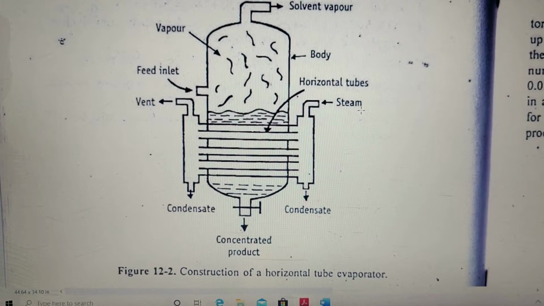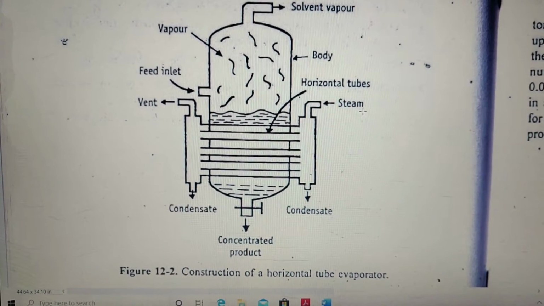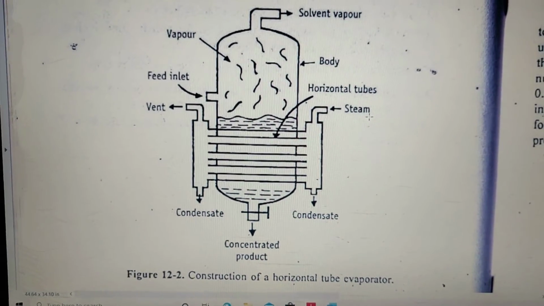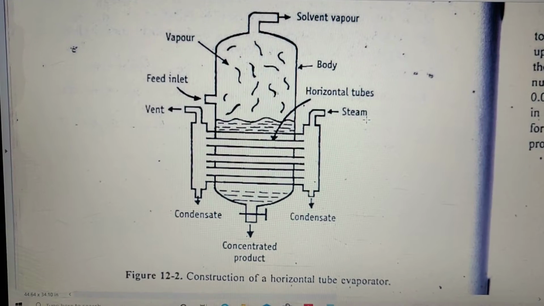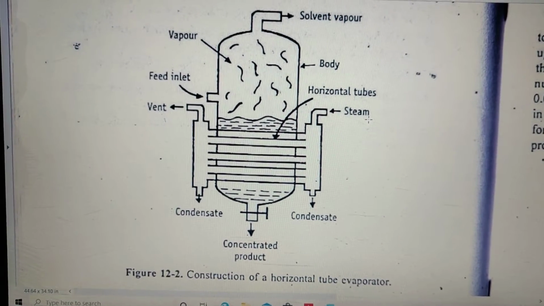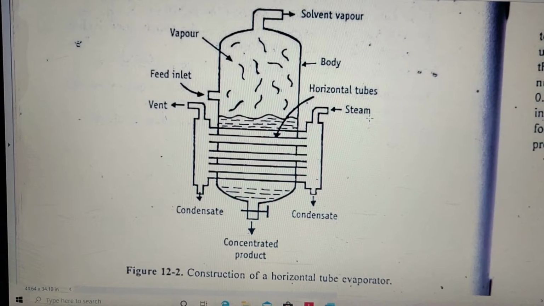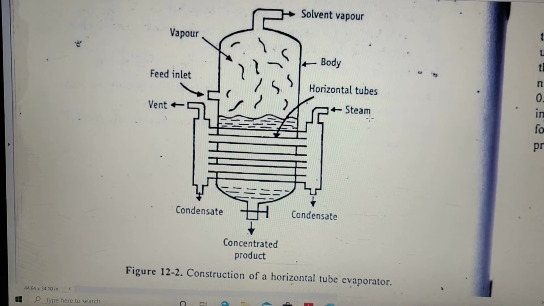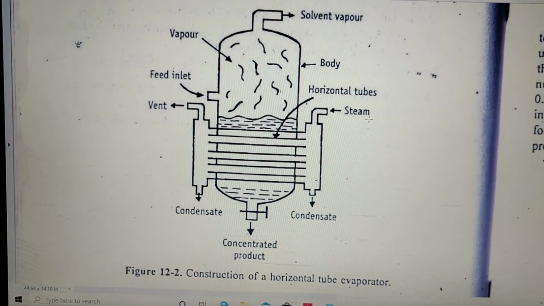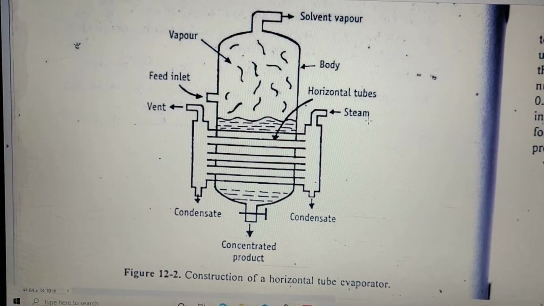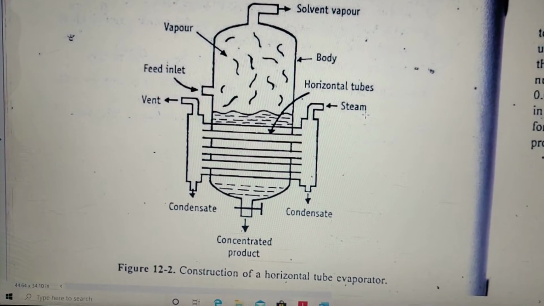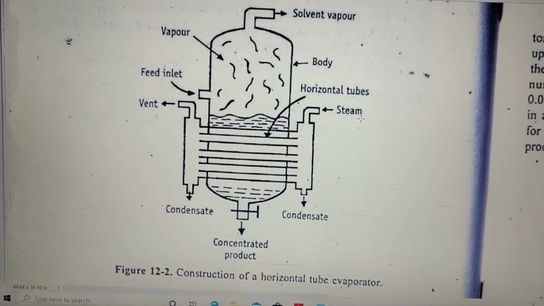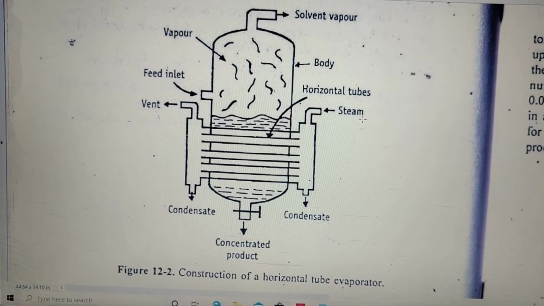Then besides you have the condensate outlet. Condensate is for whatever condensed gases, extra gases that are produced, that can be removed from the side. Then the vent is there to remove the vapors, gases, or whatever extra is formed. So one is the inlet of steam, second would be the outlet of the vapors that are formed inside the horizontal tubes. Then you have the feed inlet at an optimum place just above the area of your horizontal tubes. Then more than half of the area above is given for vapors that will get evaporated and get removed from the outlet at the top.